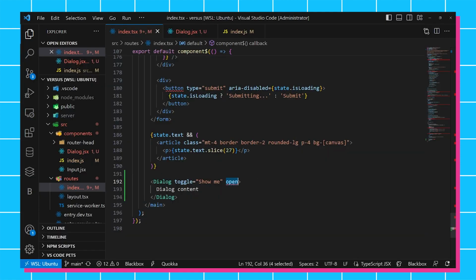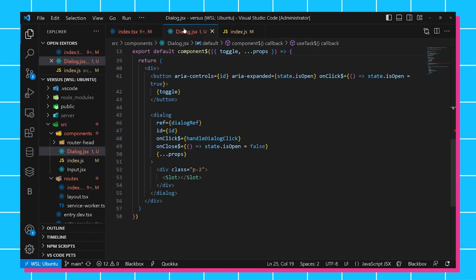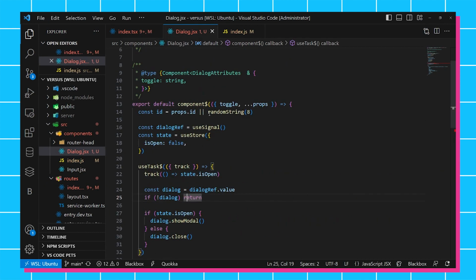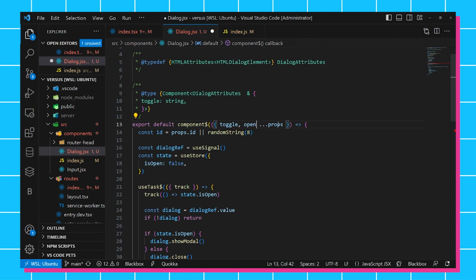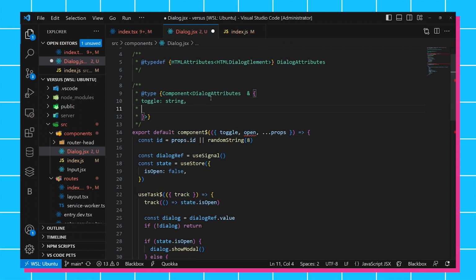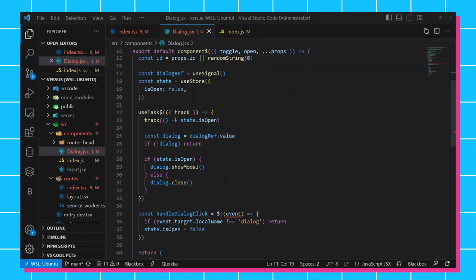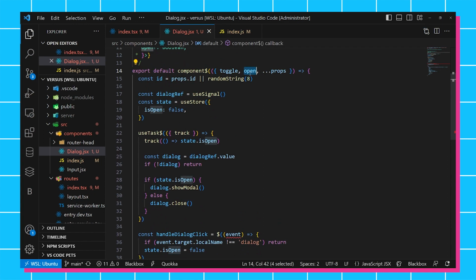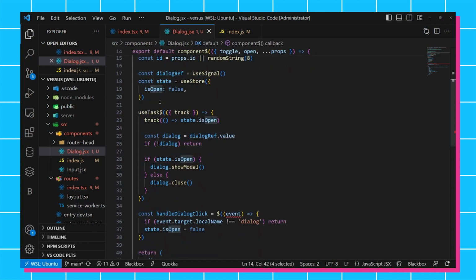So what I'm going to do is essentially hijack this attribute. I'm going to steal it off of the props here. So we're going to say, yes, you can pass open. And it's going to be an optional property. And it's going to be a Boolean. So now the tricky thing is, how do we ensure that this open prop actually updates the state of